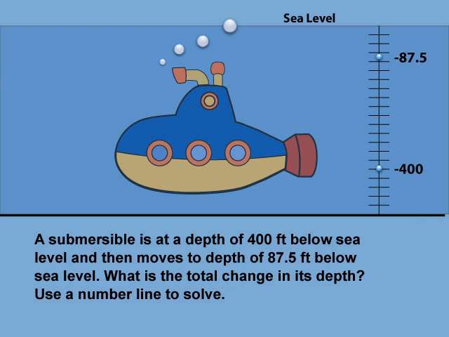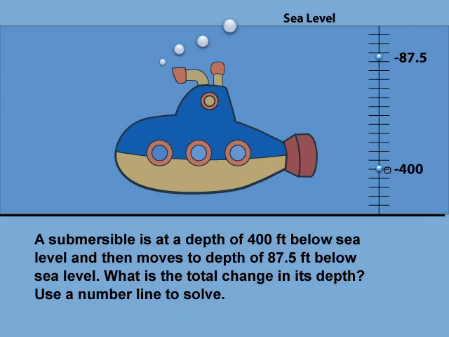A submersible is at a depth of 400 feet below sea level and then moves to a depth of 87.5 feet below sea level. What is the total change in its depth? Use a number line to solve. This number line shows the 0 mark, negative 87.5, and negative 400. Each tick mark represents a change of negative 25. If you start at 0 and count by negative 25 for each tick mark, you can verify the graph of